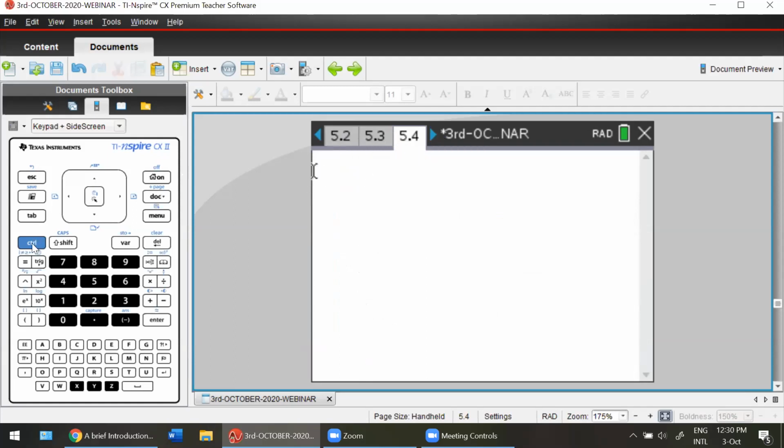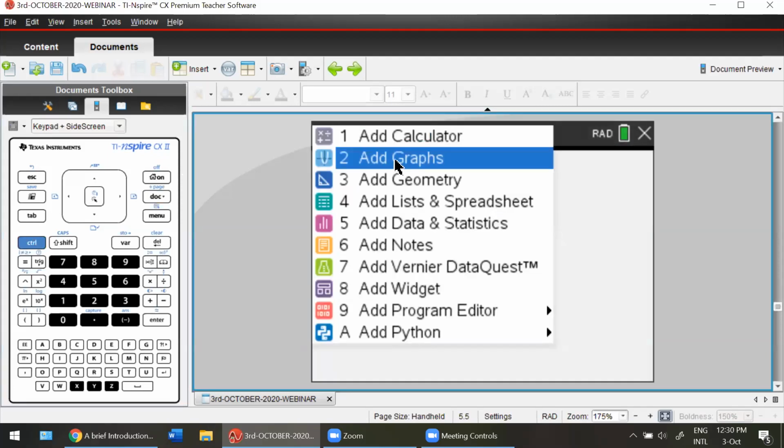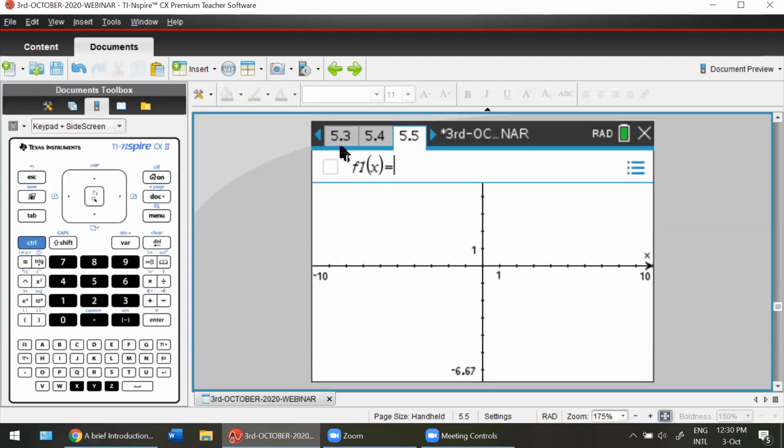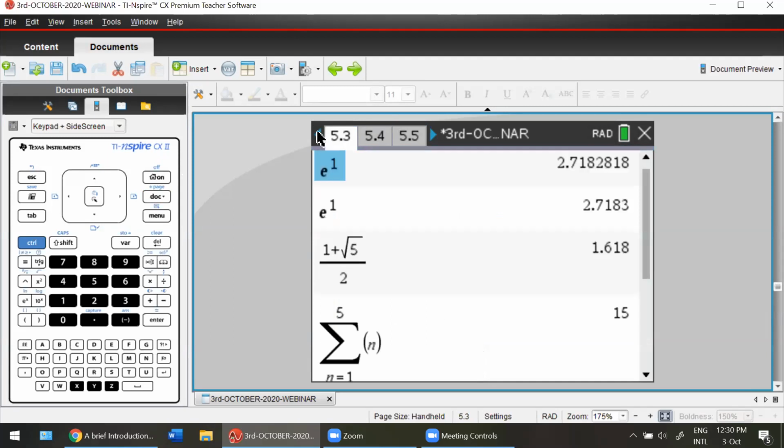Now, Control plus, add graph, let's say, and we have 5.5. So observe the numbering. In the exam, students, when you're solving the question, always do question number 1 on a new problem, and for its sub questions, create a new page. Like I just did.